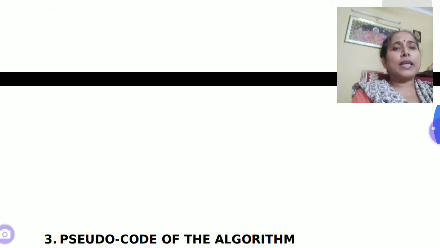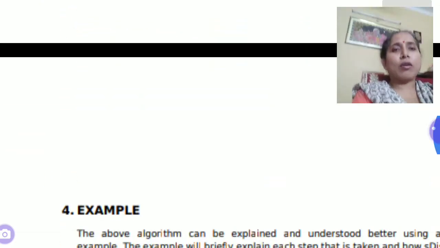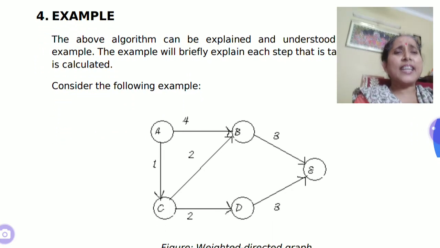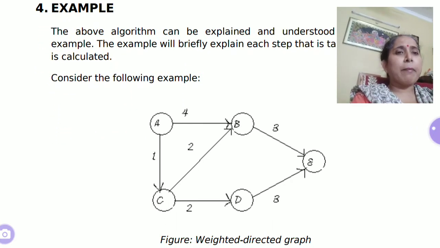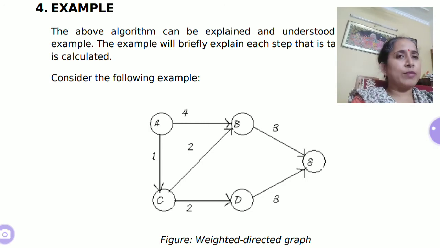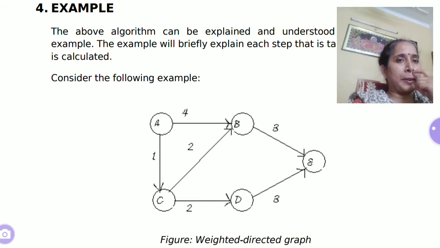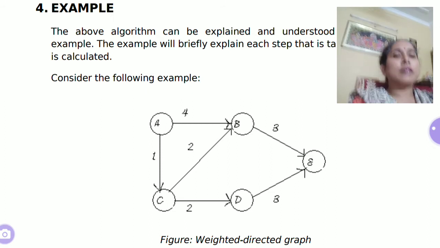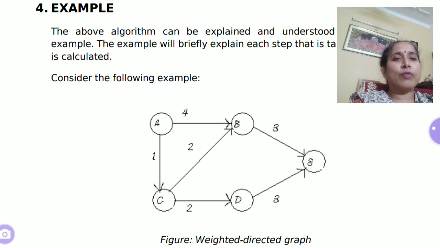Now we'll try to understand this Dijkstra's algorithm through an example. Let's say we have a graph like this, A, B, C, D and E. ये जो last में है A, B, C and D vertices are quite readable. जो last में एक vertex आपको दिख रही है at the peak of that pentagon, that is vertex E. And the numbers numbered 1, 4 and 2 are quite clear in the picture. The other two numbers, that B to E and D to E का जो distance है, that is 3. Now this is a directed weighted graph, as you can see.